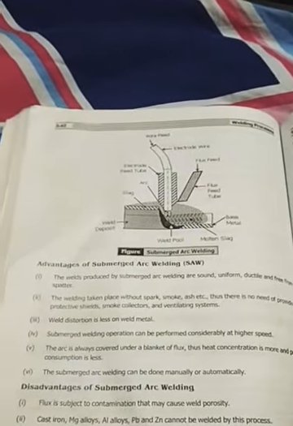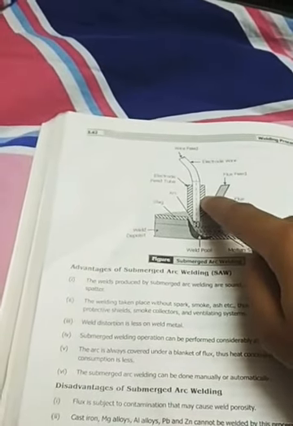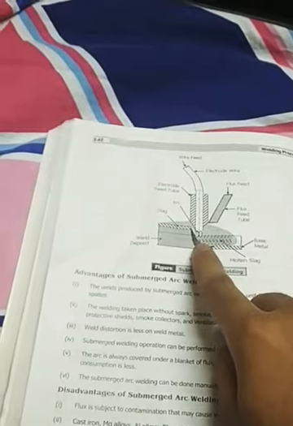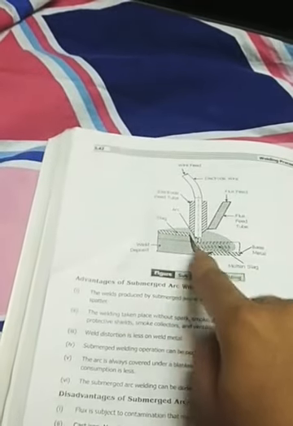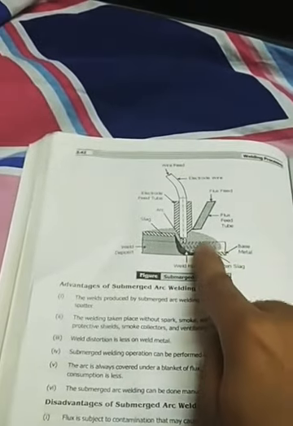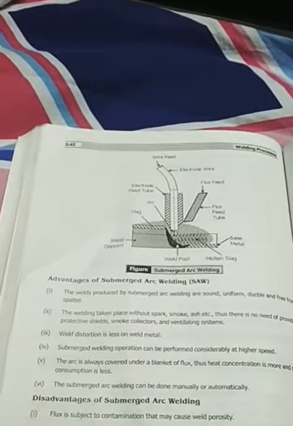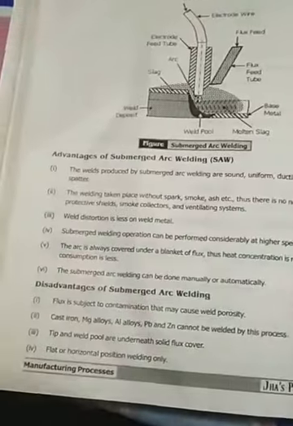Mainly in this process, DC current is applied to the wire in reverse polarity to produce an arc. When the arc is produced, the electrode melts and the process goes on. It is moved in this way to continue the process. It can weld long pipes and other materials. It is mainly used for heavy welding.